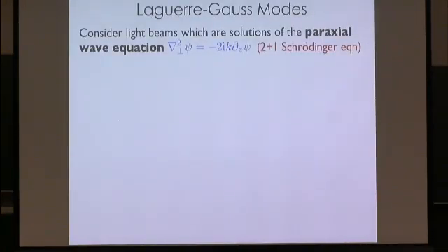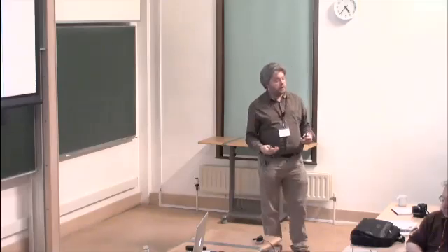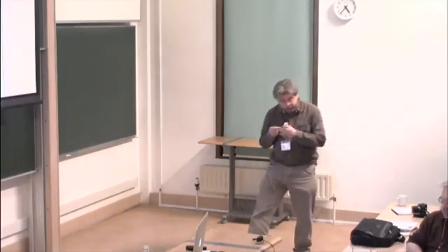Mathematically, I'm interested, as I said, in linear waves, and the waves satisfy, it's actually the 2 + 1 Schrödinger equation, but this is an approximation of Maxwell's equation. So psi is our complex function of position, and all the beams I'll show you are solutions of this so-called paraxial wave equation. It's just like the two-dimensional Schrödinger equation, where the z direction, as the beam propagates, is like time in the